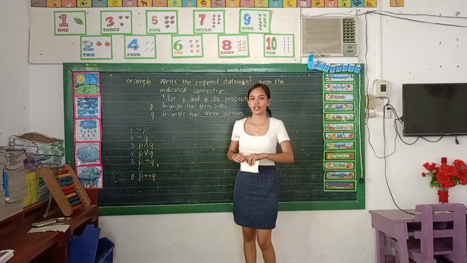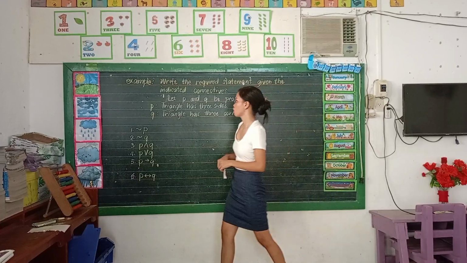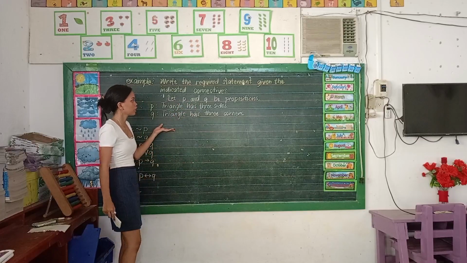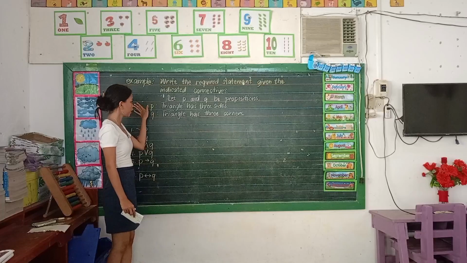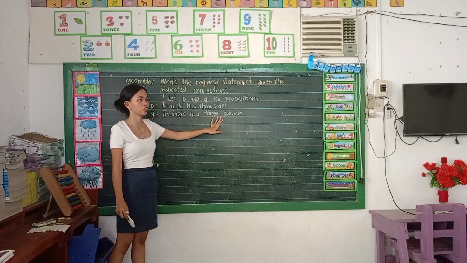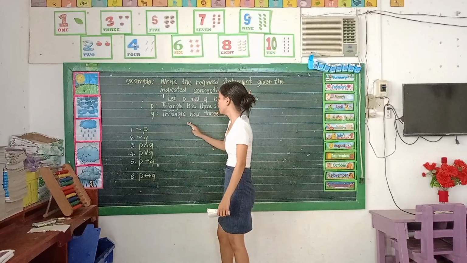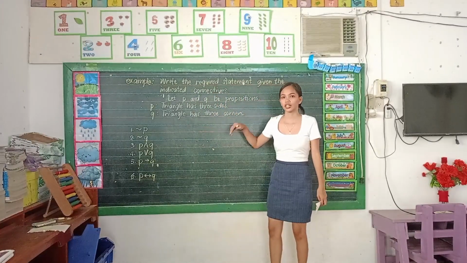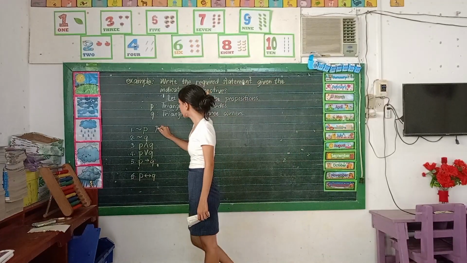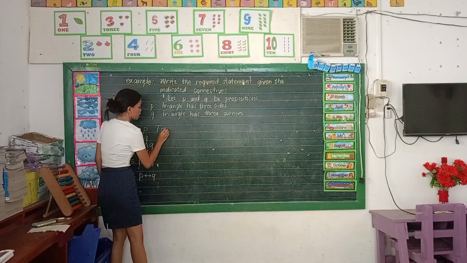Now, let us try to apply these connectives in given statements. For example, write the required statement given the indicated connectives. Let P and Q be propositions, where P is the triangle has three sides, and Q is the triangle has three corners. Number one, first we are going to negate statement P. In negating statement P, we should consider the word not, which translates into negation. So the triangle has three sides will be written as